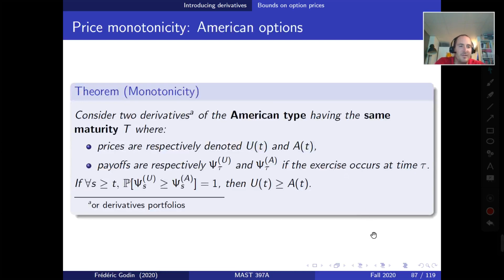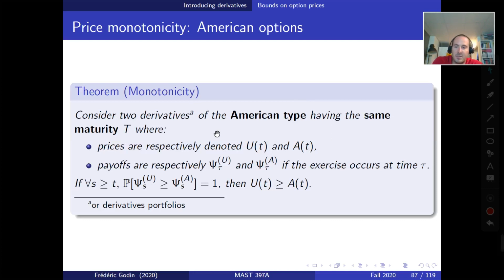Okay, so this was for European options. Again, we can state a similar result for American options. So if we have again two derivatives or two portfolios of derivatives of the American type, meaning that both can be exercised at any time until the maturity capital T. And if they have the same maturity, so same maturity capital T for both options, then